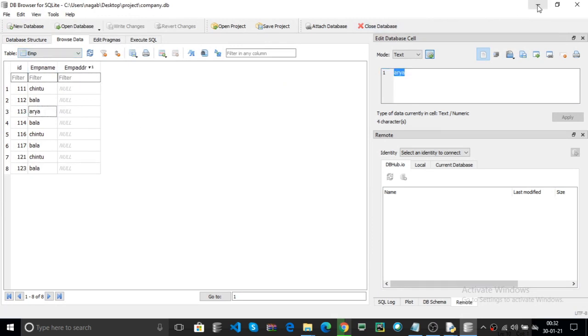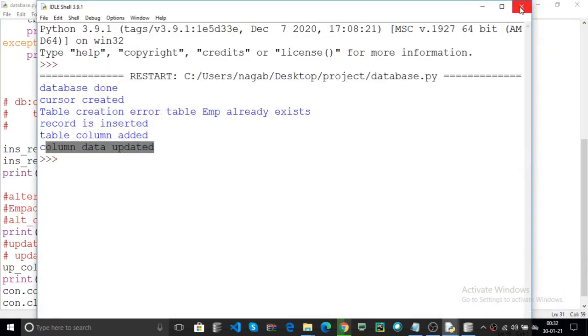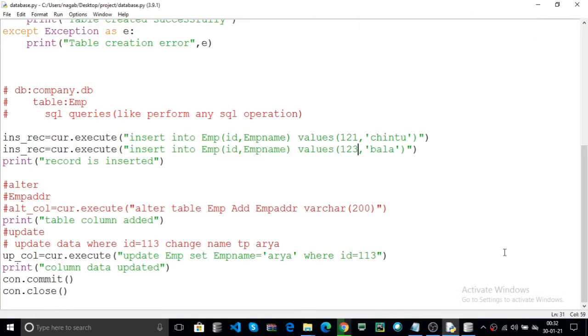Now you can also delete. For example, I delete the entire record, like del record. Here you can use the cursor object dot execute.